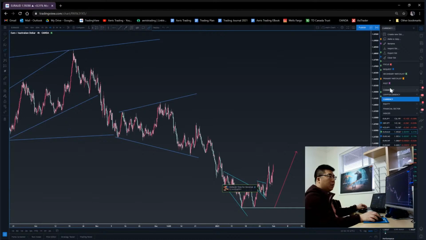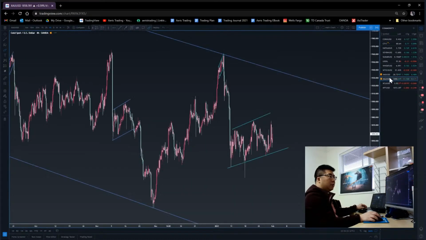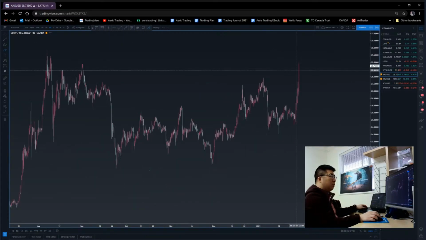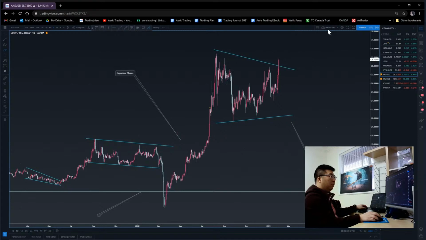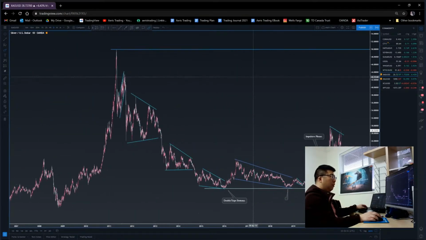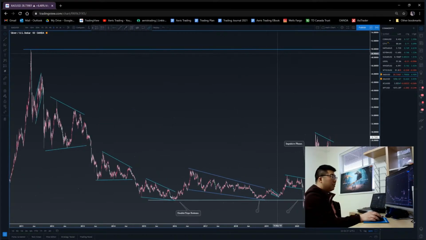So let's look at some commodities here. I know we were talking about commodities. Let's go over silver then. I know everyone's talking about silver, so why don't we talk about silver and go over what we know from silver. I'll go over this from two different perspectives. I know everyone's talking about it, obviously, for a certain reason. I hear about this as well. So let's talk about this from